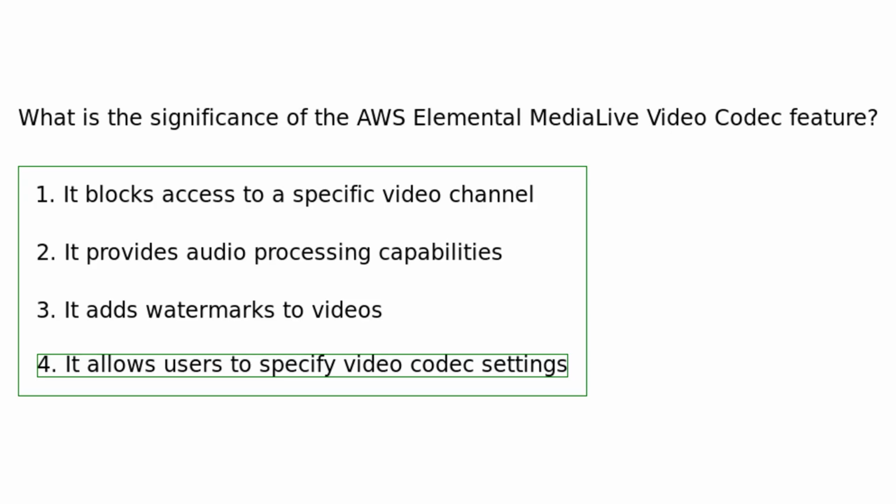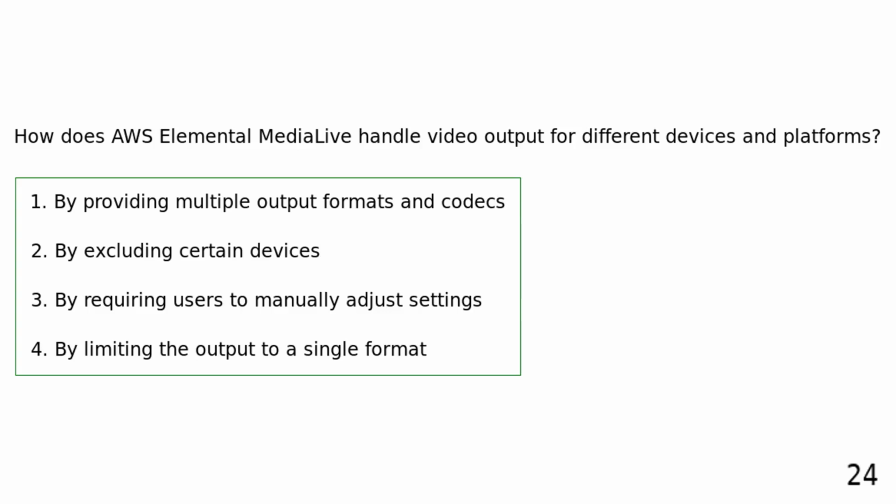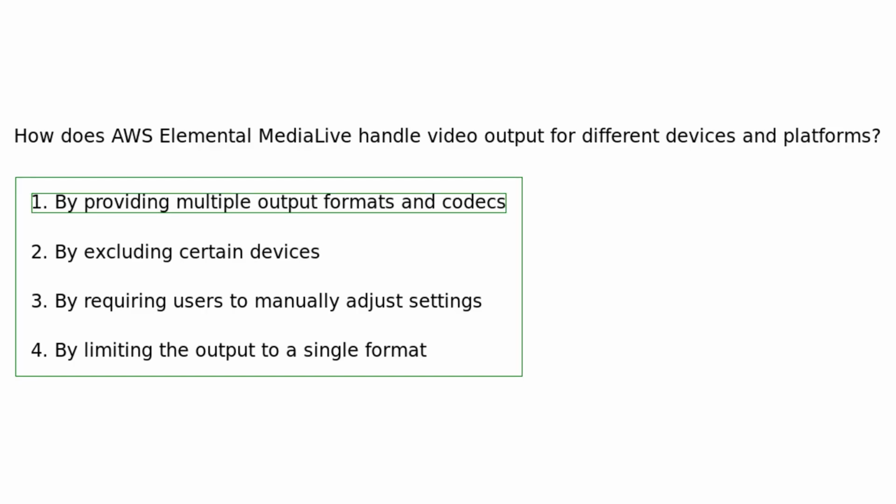and quality for viewers. How does AWS Elemental MediaLive handle video output for different devices and platforms? By providing multiple output formats and codecs. By excluding certain devices. By requiring users to manually adjust settings. By limiting the output to a single format. AWS Elemental MediaLive handles video output for different devices and platforms by providing multiple output formats and codecs, ensuring compatibility